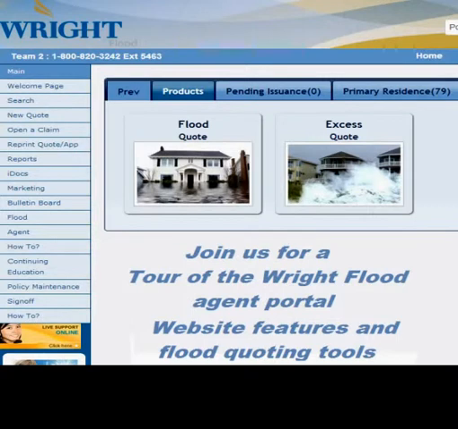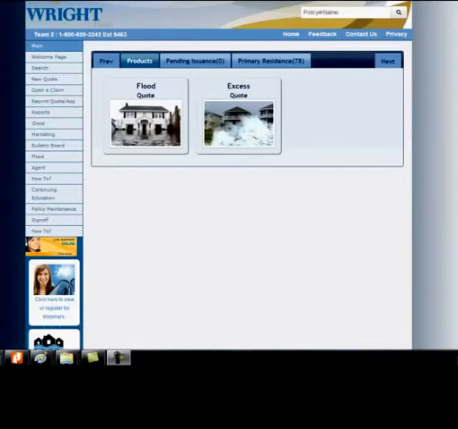To get to the main page, most agents would either put in a user ID and password and then put in their email address to reach this point, or else there may be an icon on your desktop that would allow you to come directly to this website. We're going to look through the features of the website, and then we're going to go through a preferred risk